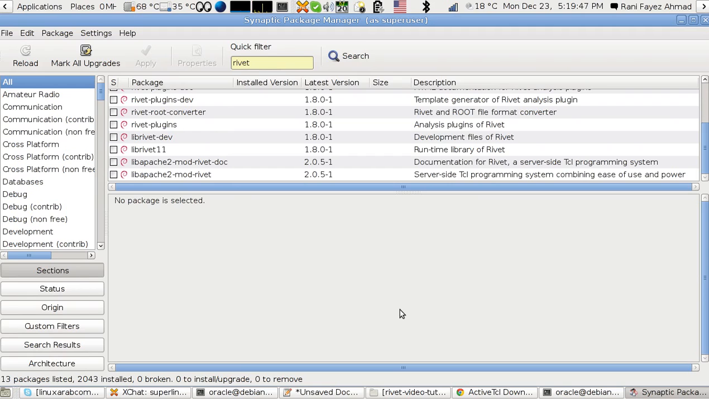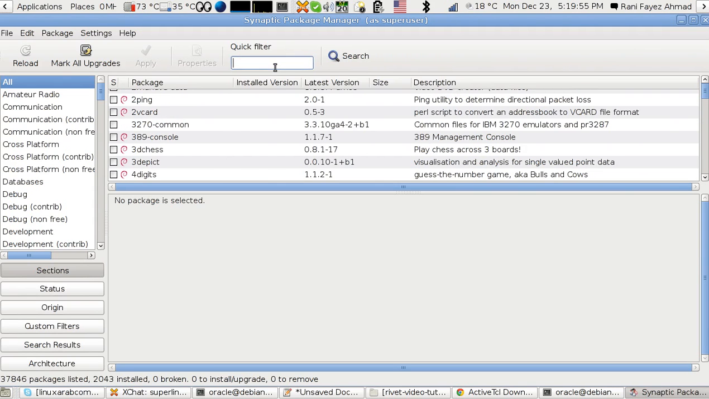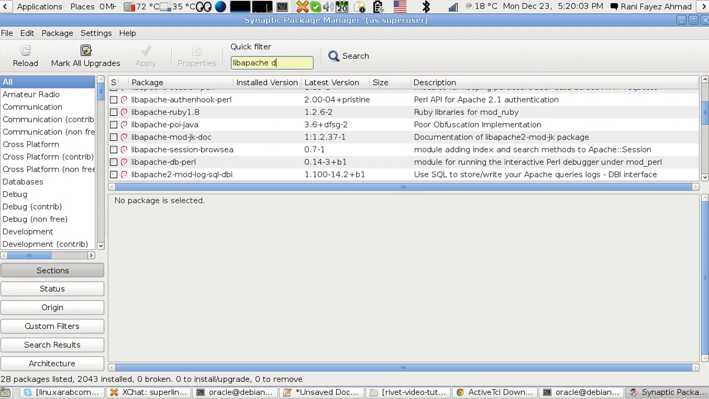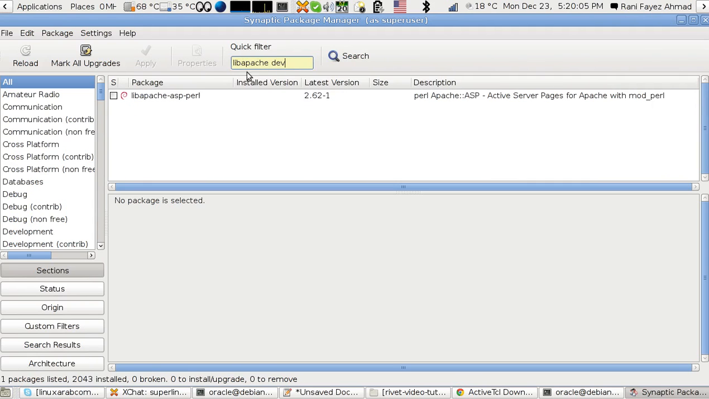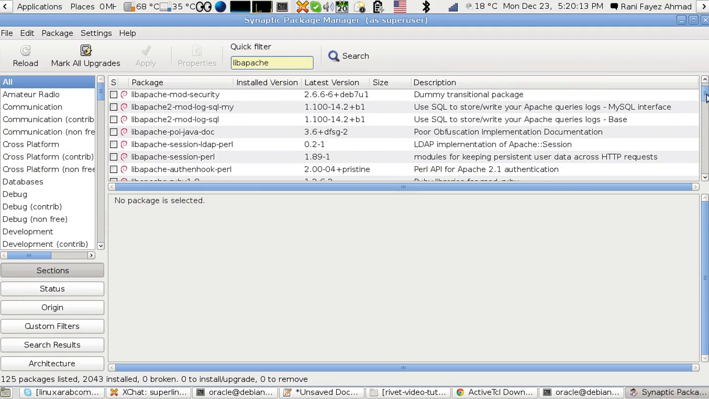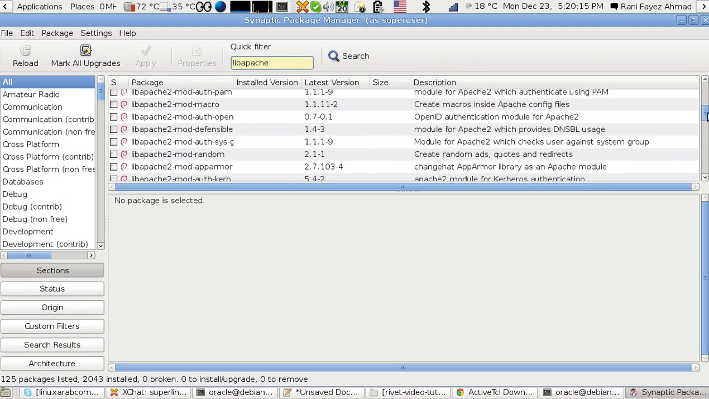So what should I do? I go for lib, type in the Synaptic lib Apache, and space and dev. Or let me see, there's a package for development by Apache. It's used for building the